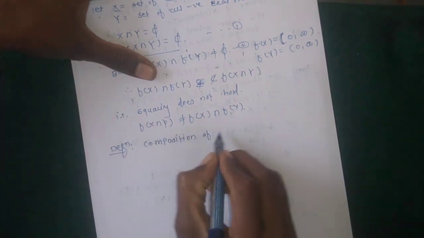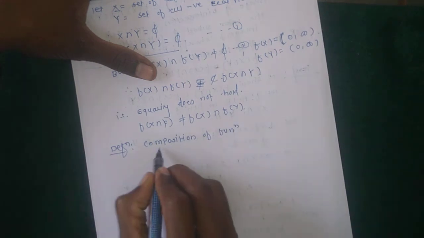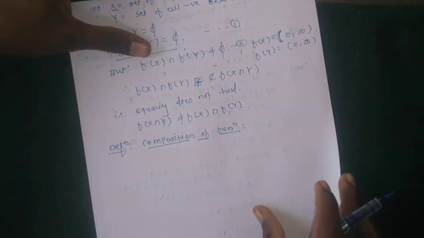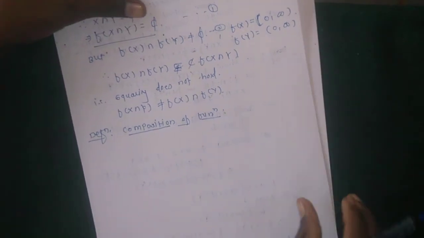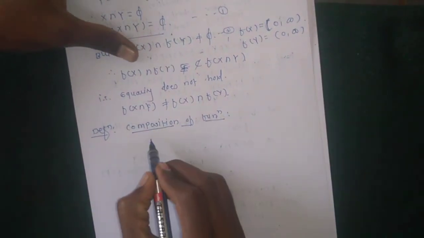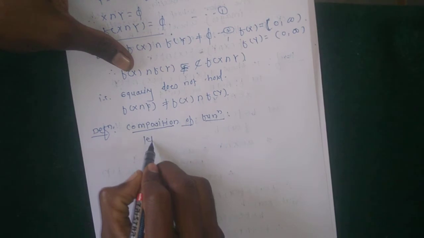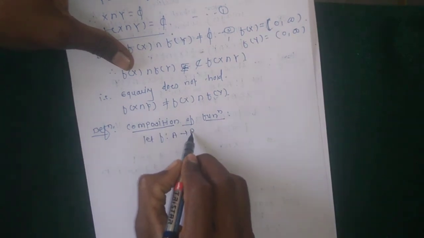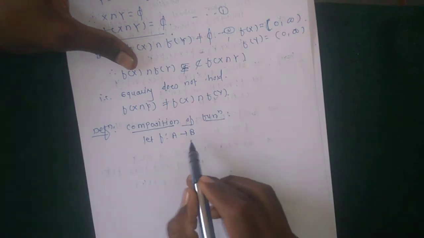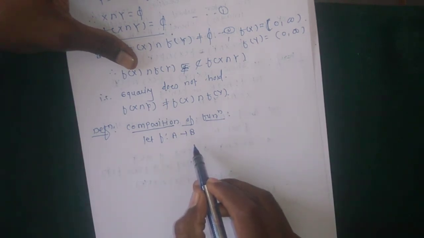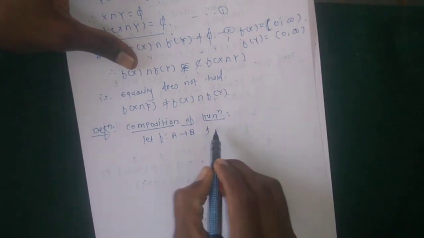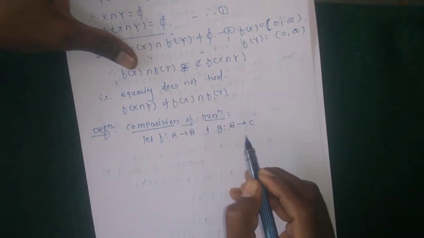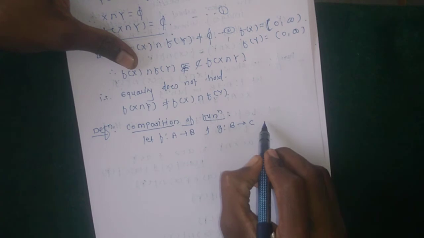Composition of function. Okay, so the definition of this theorem: let f be a function defined from A to B, and next let g be a function from B to C. Okay, then we define the function